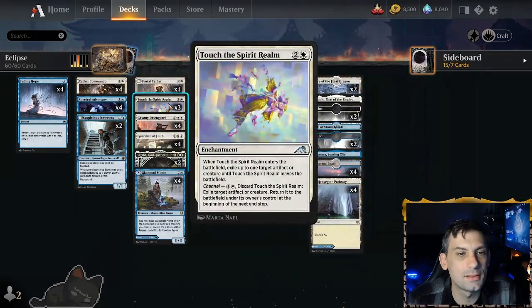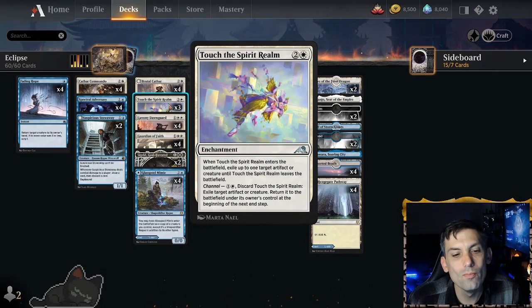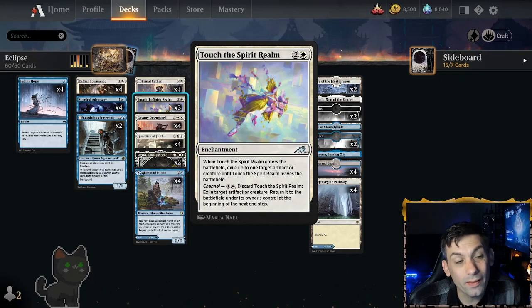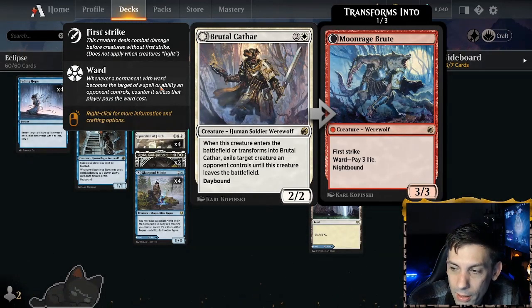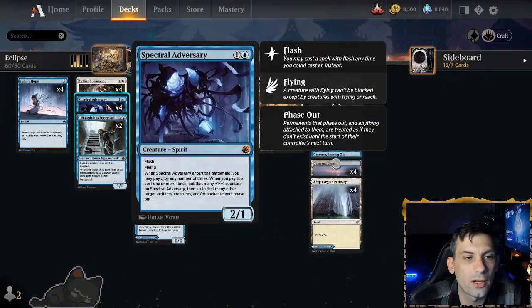Rounding out the deck is Touch the Spirit Realm. This is mainly in here because for 2 mana, we can channel it, and it's an uncounterable way for us to save one of our things if they're targeting it with removal. But the upside is that sometimes that's actually going to give us bonus value, like with Brutal Cathar, where it can come in and eat a bigger creature than it had under it to begin with,